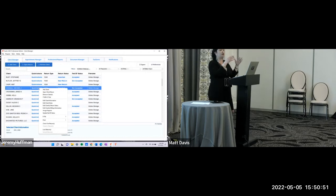If you want to go straight up top and print, you'll have a different print menu than you would when you're within the client return, right? That's where you can customize. I just want to print the depreciation schedule, for example, right? So, but here, now you've got basically everything that you would need to access without